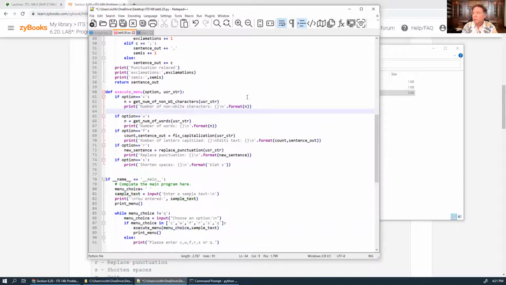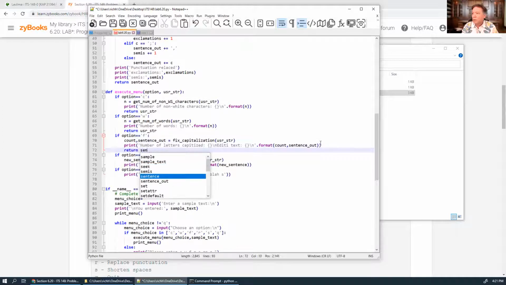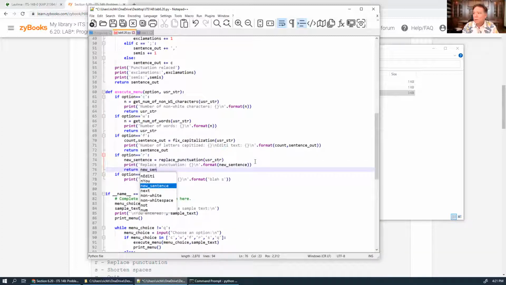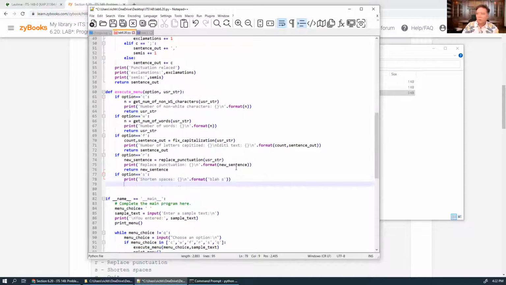okay. Here I'm going to return the same thing. Return user string, and here I'm going to return user string. But here I'm going to return sentence out. And here I'm going to return sentence, return new sentence. And here I'm going to, oh, I haven't done this one yet. Okay, well, see, so what I want to do is I'm going to change this into a function that returns something. And I'm going to,